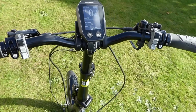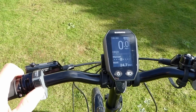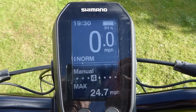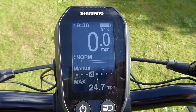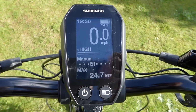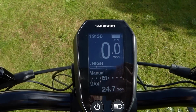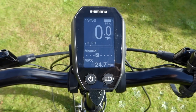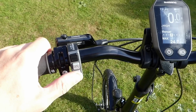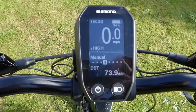You've got two sets of control buttons. On your left you have your power levels. 3 levels, 3 power settings: eco, normal and high, and all the other usual information you'd expect to find on your display: your time, your battery capacity and speed. So the 2 grey buttons on the left are for power, toggling through the power levels. The black button just gives you a range of different options there: